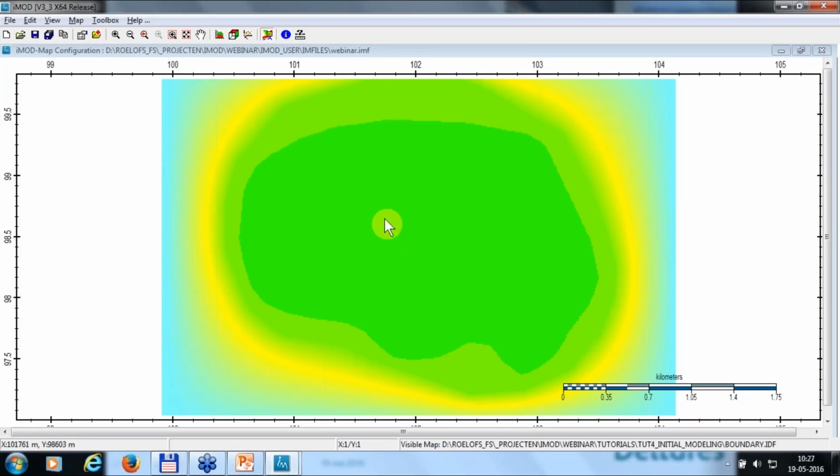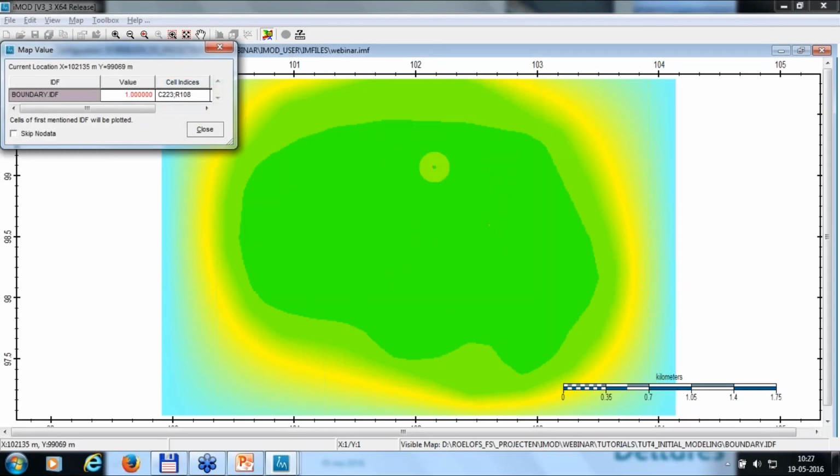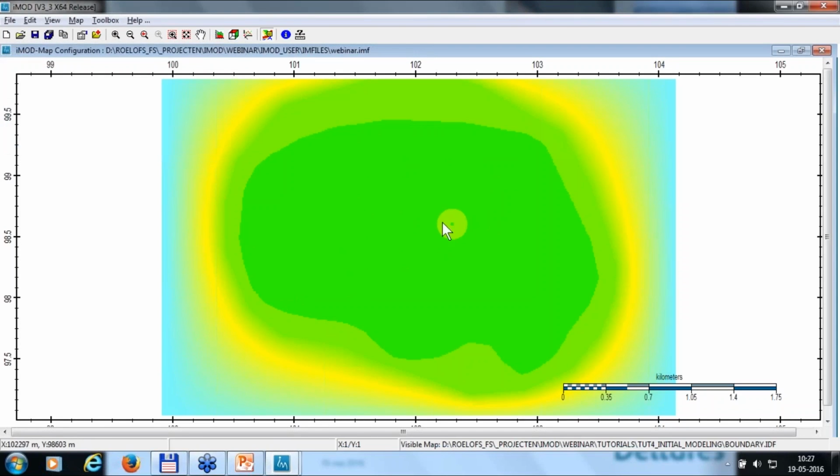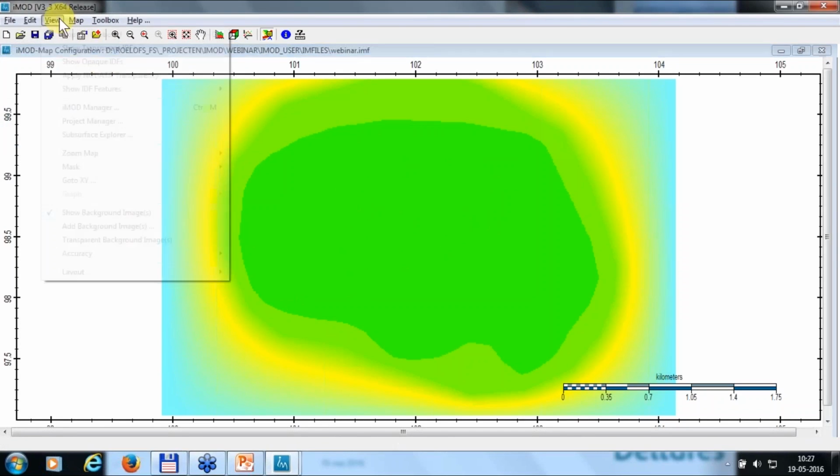Then the grid has value 1 on this location. I can show you that by clicking on the map value button. You can see the island itself is 1. And now we have to do